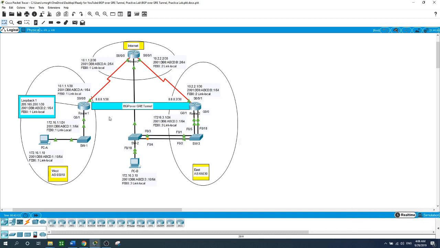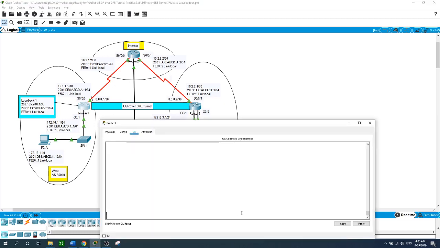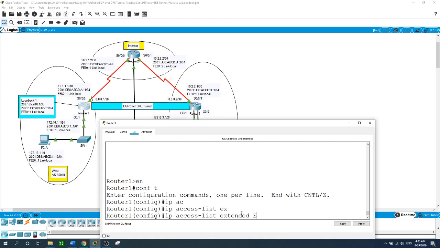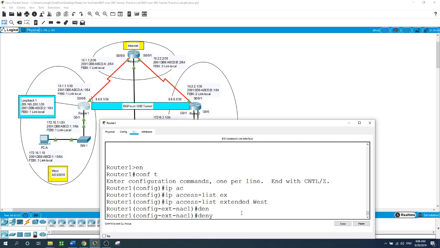So now on router 1, enable, configure terminal, ip access-list extended, and I will simply call it West. Enter. I will deny all the pings or ICMP from any to any echo,